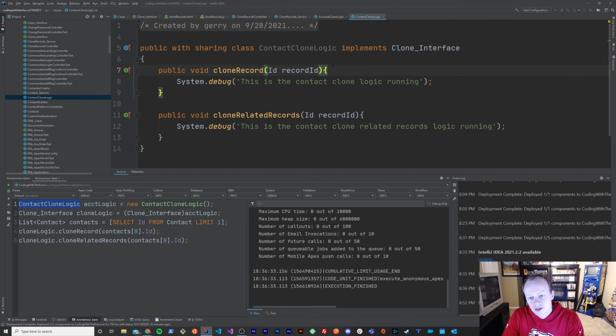So it's just a great thing, knowing how to use interfaces and how to leverage them. It brings the amount of code down in your org so much. It makes the code in your org so much easier to work with,